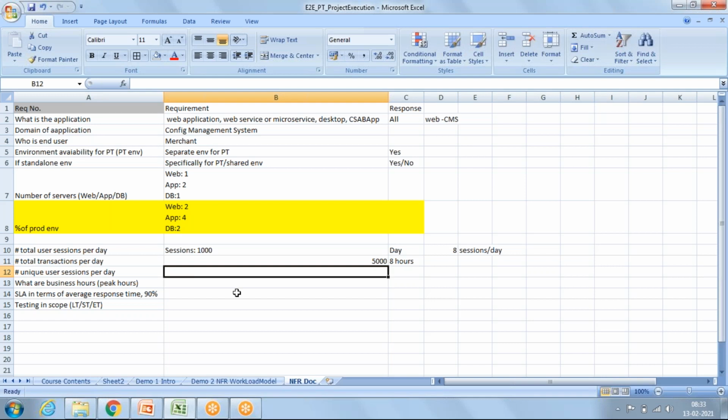Suppose we receive an answer like 20. That means 20 users are accessing this application in 8 hours, and in total they logged in to the application 1000 times and performed 5000 transactions in 8 hours in a day.